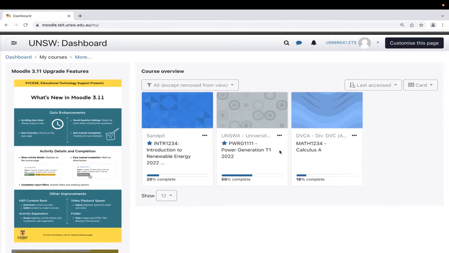But courses don't usually appear immediately for students. The courses generally appear in the dashboard close to week 1, and sometimes even during week 1, let's say after the first lecture, for example. And this is really just dependent on when your lecturer wants to make these resources available to you. So oftentimes you're going to see that when you go into your dashboard near the start of term 1, you might see that some courses just aren't here, or some courses are here and some aren't here. So don't worry about that. The courses are just going to become available closer to midway through week 1, for example.